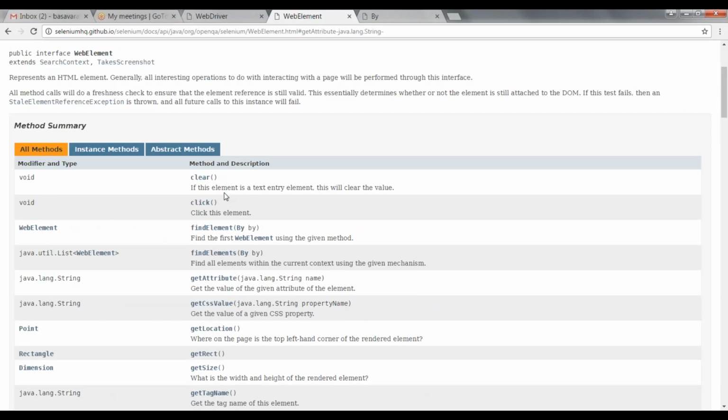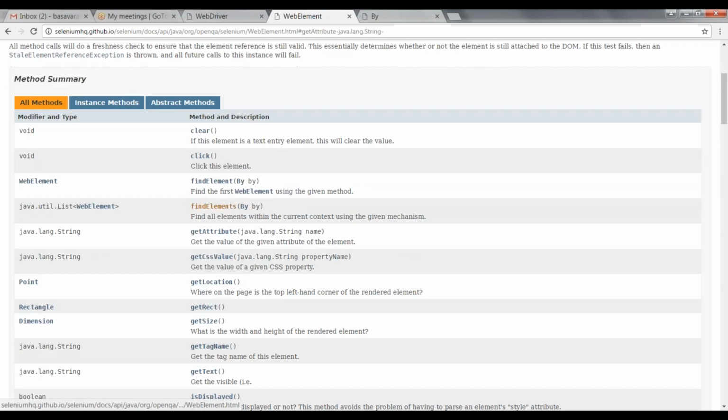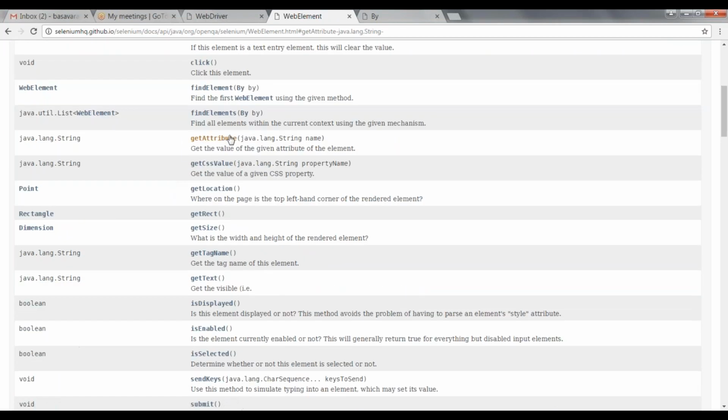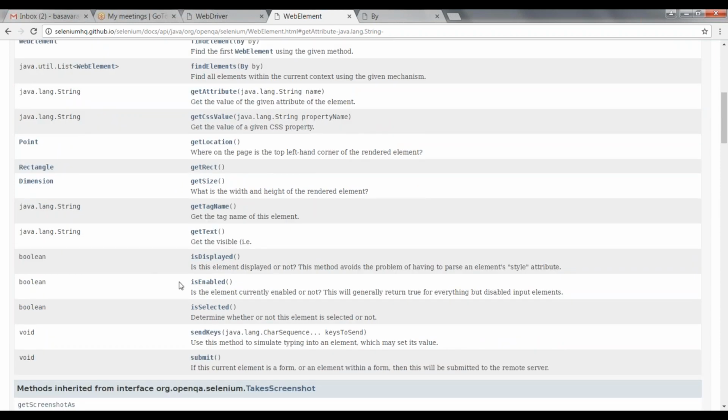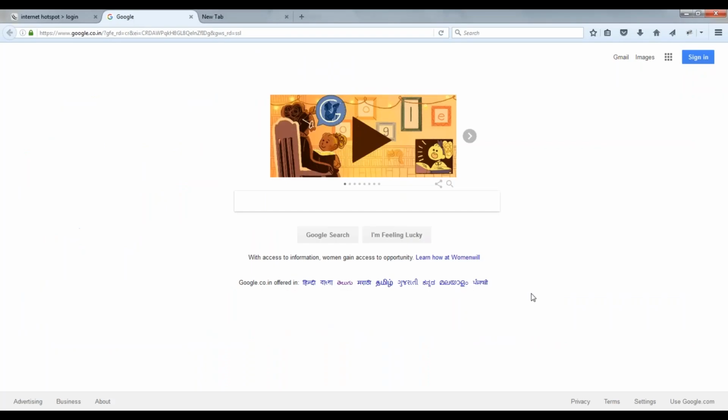You can see here clearly: click, find element, find elements, and then get attribute, get CSS value. Every method will have its own performance, or will return its own value based on whatever method we are calling. So I want to display the text of the link I have selected, or all the list of links I have got.